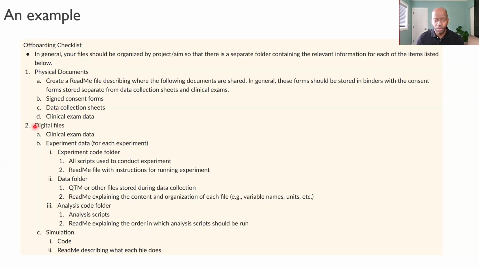Then most of what we do now are digital files. Those could also be clinical exam data. So we might use something like REDCap to collect some clinical exam data, and then our experiment data. So how we organize that data in our lab is that we often will use MATLAB or Python or